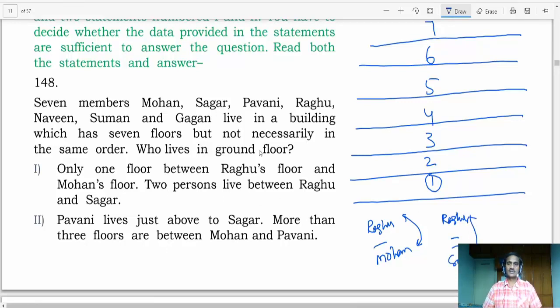And with the help of 1, the information is only about these people: Raghu, Mohan and Sagar. The remaining people, no information. 1 alone is not sufficient. Then if 1 alone is not sufficient, then whatever the next one here,